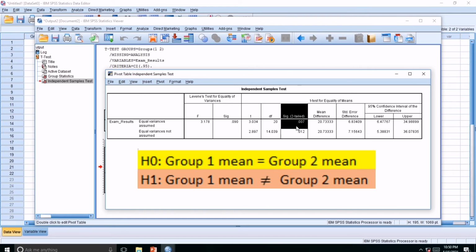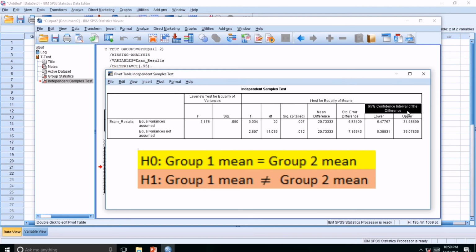And alternative H1: group 1 mean is not equal to group 2 mean. By looking at the p-value, since our p-value of 0.007 is less than 0.05, mas mababa kaysa 0.05, then we should reject the null hypothesis in favor of H1. So ibig sabihin, tatanggapin natin yung H1 since there's a significant difference, or there's an effect between group 1